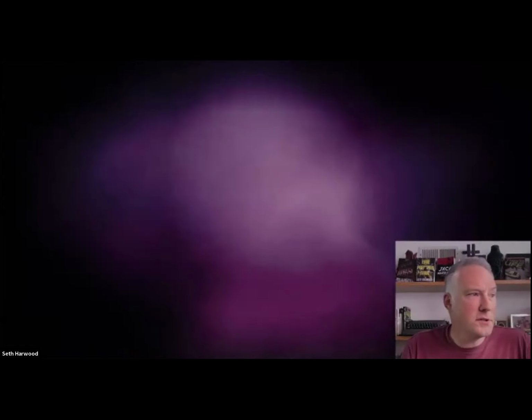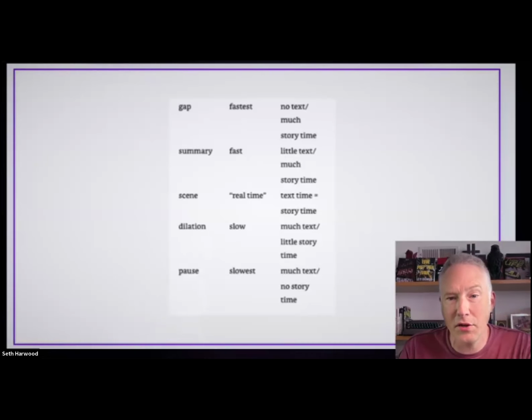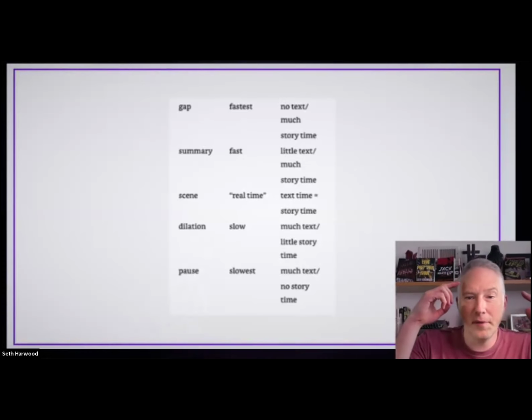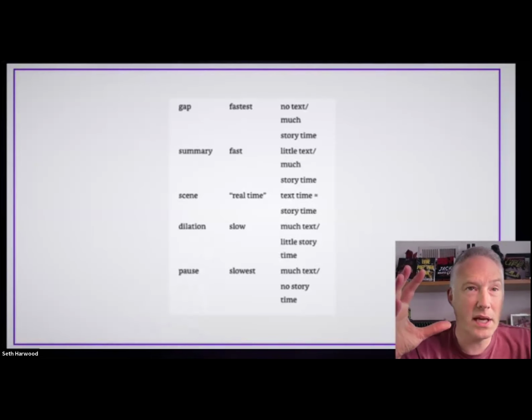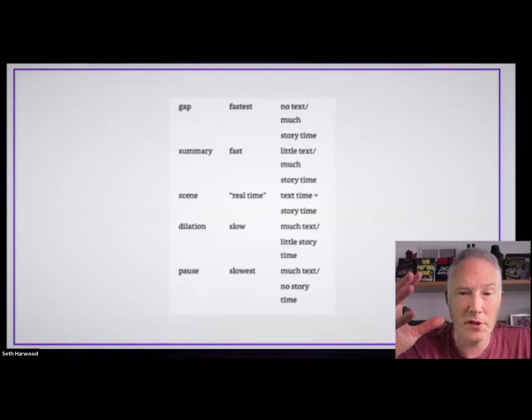Now, beyond dilation, where we get even slower, is pause. This is where there's a lot of text and no story time. The example that Jane Alison gives, I don't know if you guys have read it, is a story by Tobias Wolff called Bullet in the Brain, where the main character gets killed. Someone shoots him, and in the moment that the bullet is passing from his forehead to his brain, killing him, there's a whole extended sequence inside his head of all his memories, like his life is flashing before his eyes,